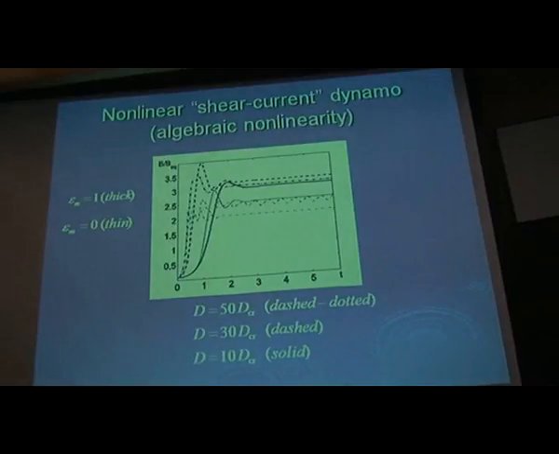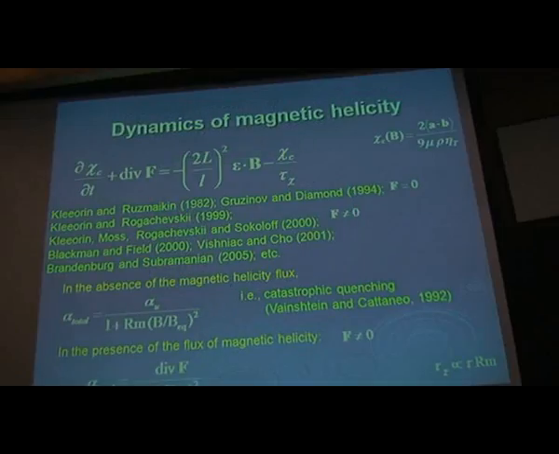And numerical solution of the nonlinear dynamic equation shows that there is saturation of the magnetic field caused by the nonlinear alpha effect at the level of the equipartition field. But of course, the most important nonlinearity is related with the dynamics of magnetic helicity,